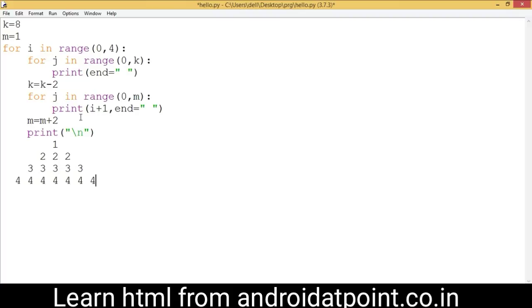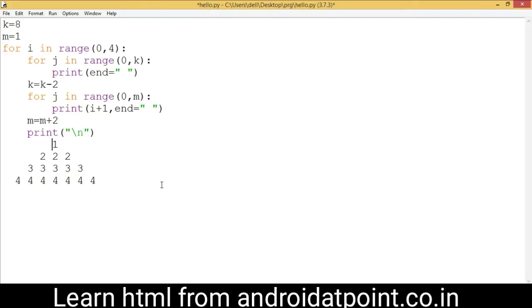Now the loop is terminated. Control comes here and adds the 2 value to the m variable. Now the value of m is 7 plus 2, 9, assigned into the m variable. Now the value of m is 9. Change the line here with the help of the print function. The cursor goes to the starting point. Control comes here and increments the lower limit by 1. After increment, the value of I is 4. So the loop is terminated, and this is the output of my program.